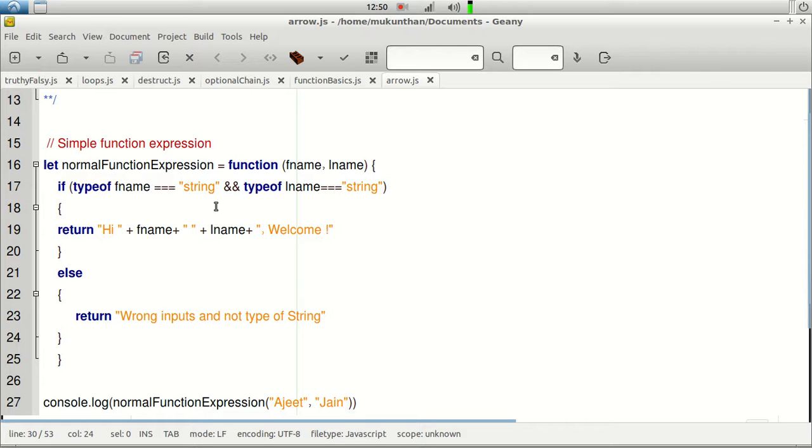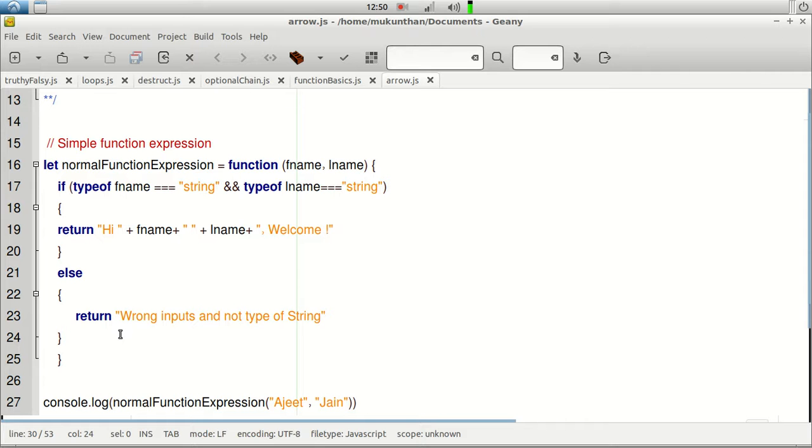So if you analyze this function expression, you can clearly understand it is the function expression because we are not using the function name. We are creating the function expression and assigning it to the variable. And you can notice here there are two arguments, first name and last name, and it has the curly braces which enclose the function implementation. And you can see there are multiple lines inside the function implementation, and it has the return statement. So these are the observations you can see when you analyze this function.